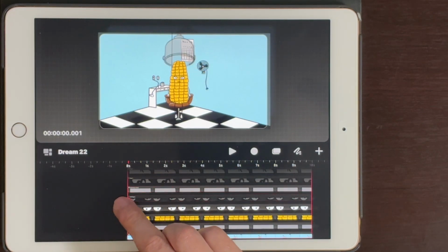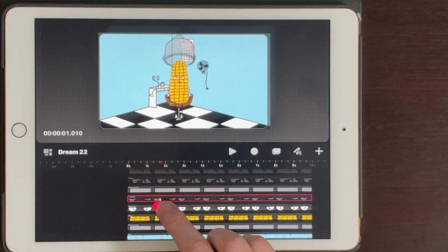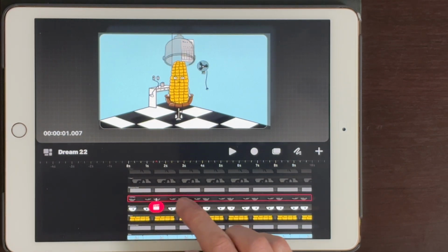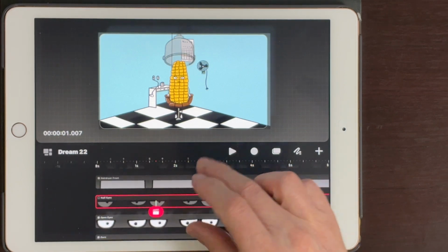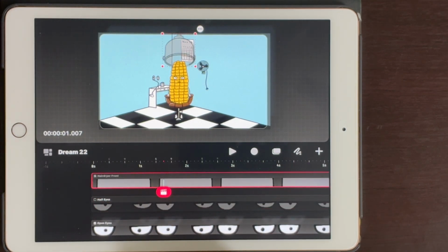So we've got this one right here, and when the video is playing, I'm going to let him sit there for a little bit so people can get their bearings on what they're looking at. So maybe about 1.5 seconds. And then we're going to set a keyframe. I accidentally put it down on the eyes right now, and you can see because the eyes are highlighted, so I need to put it back up there on the hair dryer,